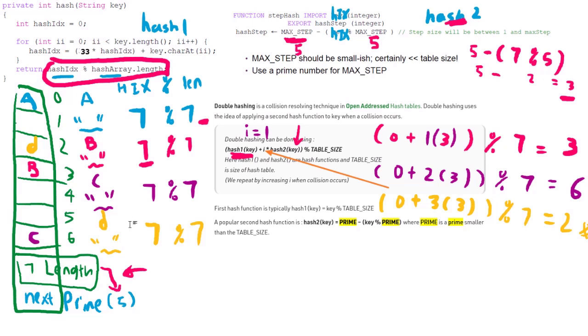Let's insert another part. Same scenario. We got a string. We don't know what this string is. But when we encounter the hash idx,